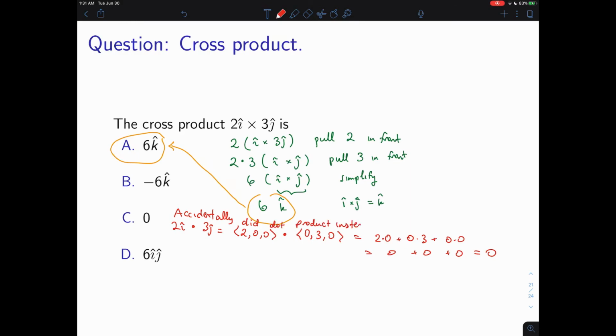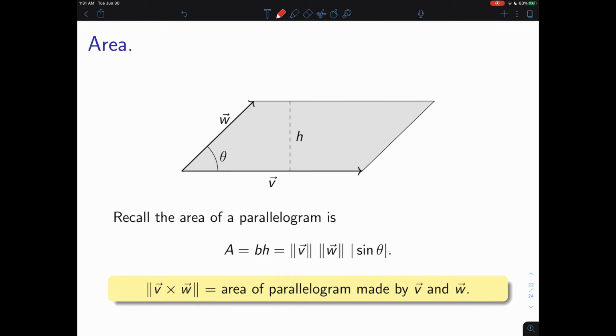Accidentally did a dot product instead of cross product. Oops. And then this student just multiplied 2i times 3j and they got 6ij. No, don't do that. Cross product,